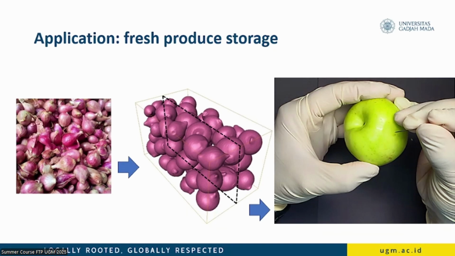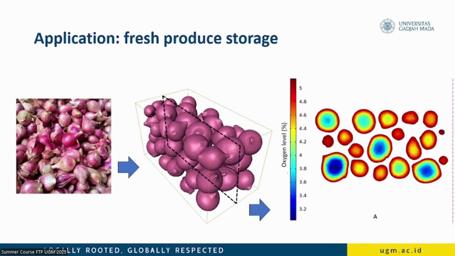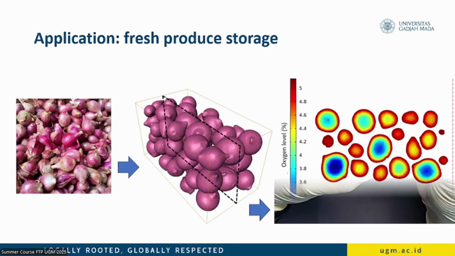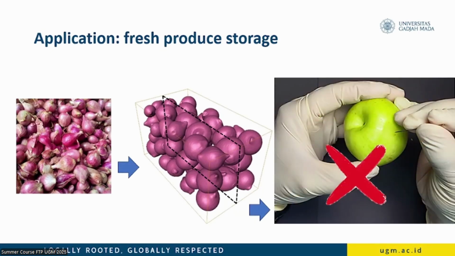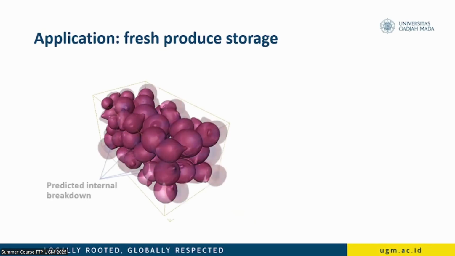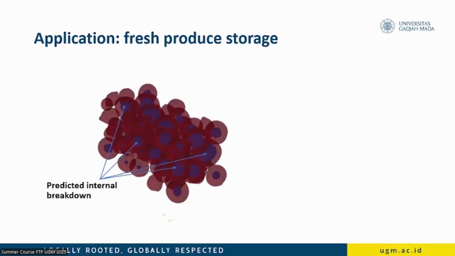And what you measure is biased if we do this with an improper method. So instead of doing the measurement experimentally, we simulate the oxygen level inside the product. And then, yeah, we can predict it. We can predict the internal breakdowns inside the onions,